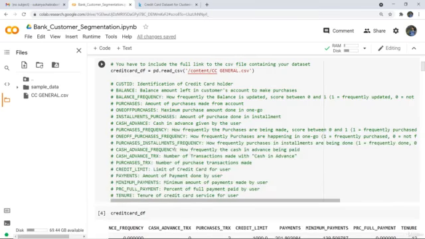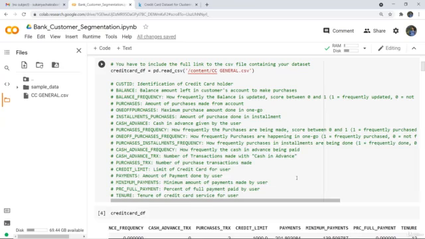Similarly, there is one-off purchases frequency and purchase installment frequency also. So 1 basically denotes that it has frequent transactions, that things have been frequently purchased, and 0 determines that purchases are not so frequent. Credit limit is the limit for the credit card user, that is, what limit he or she could spend in a particular month or in a set of months. So that credit limit is also there. Payments is the amount of payment done by the user, how much payment was done by that particular user.